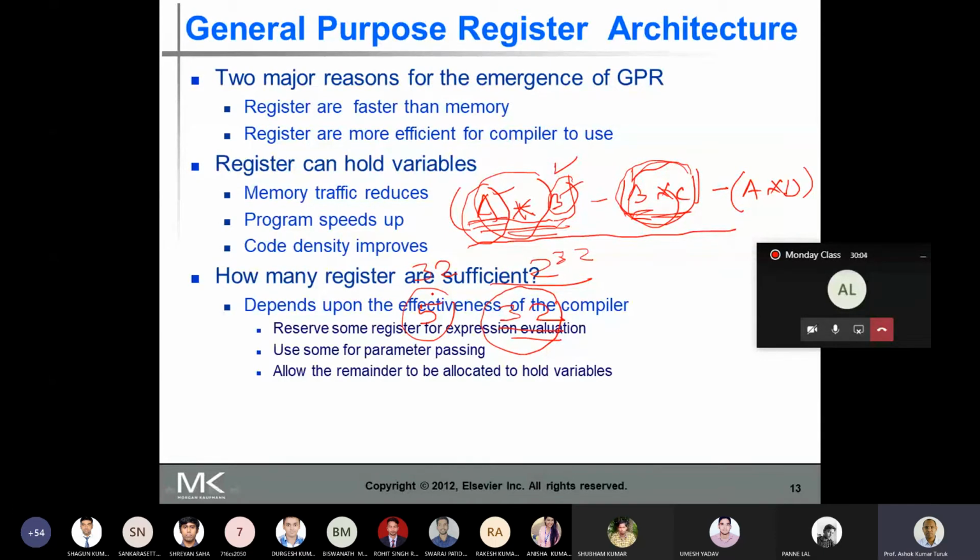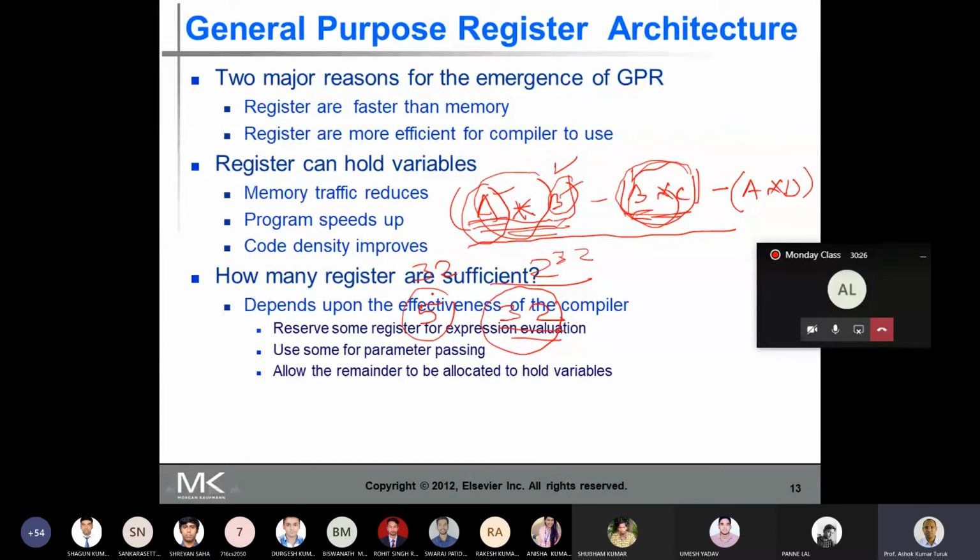So this is how the compilers are going to use the registers. They use registers for parameter passing, for expression evaluation, and all the remaining registers are allocated to hold the variables. It all depends upon how the compilers are using the registers.